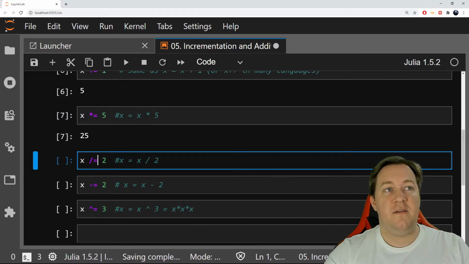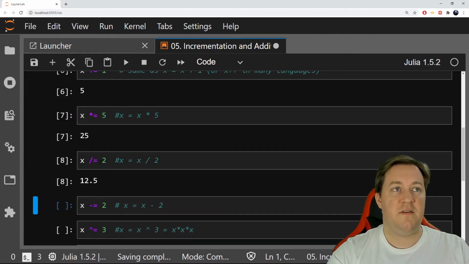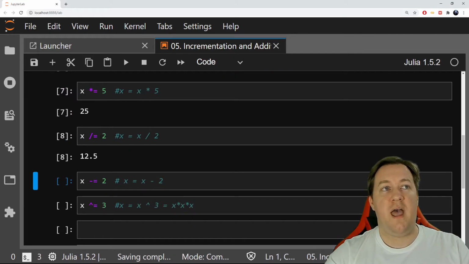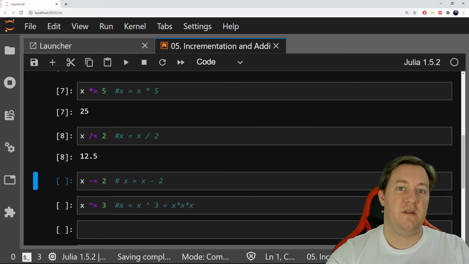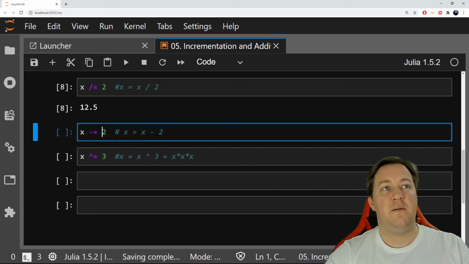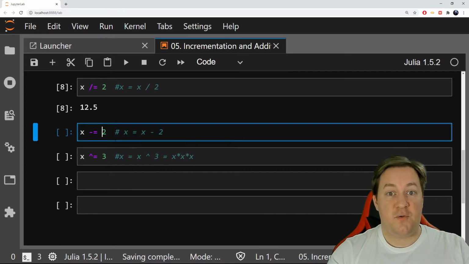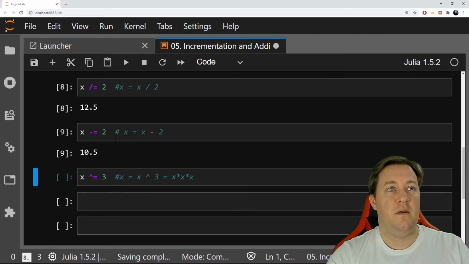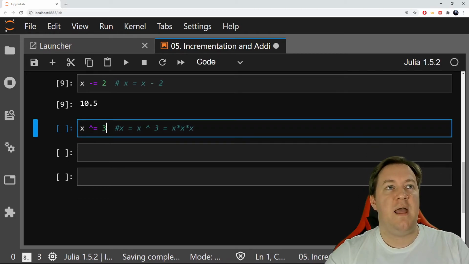Now we can do exactly the same with the division assignment. And here, whatever value you had now, divide it by 2 and save it in yourself. We can do the same with the subtraction assignment. Here, I'm removing 2. Again, it could be whatever number, right? And then we can do the same also with